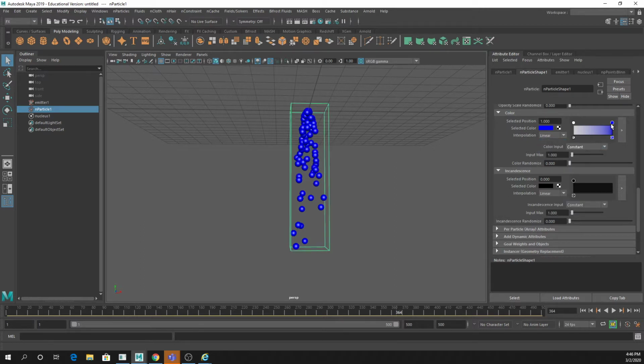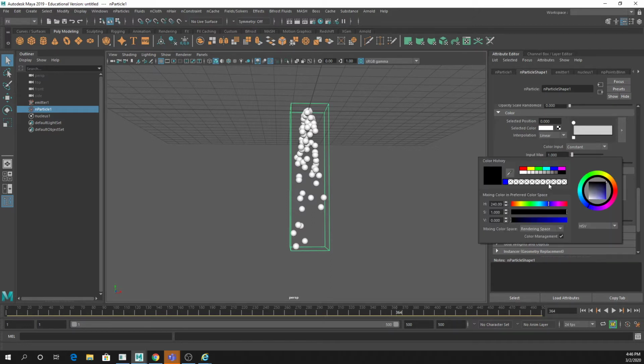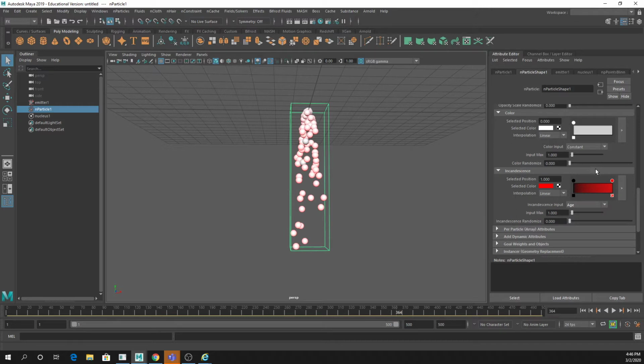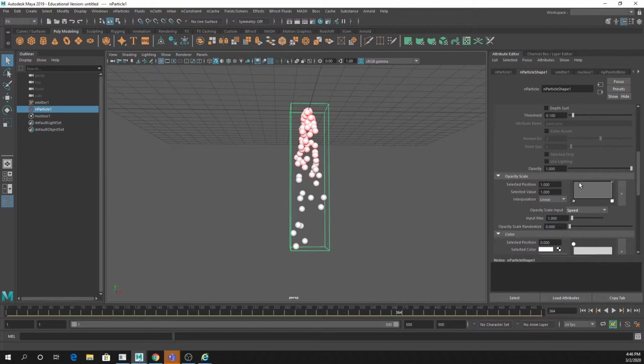sparks, is, let's make these not blue, incandescence. And you can do a few different things with this. So one thing I usually do is age. So the older something is, the less incandescent it gets. You can also mess with transparency a little bit. So basically, the idea behind this being the younger a particle is, or the closer it is to that welding spark,